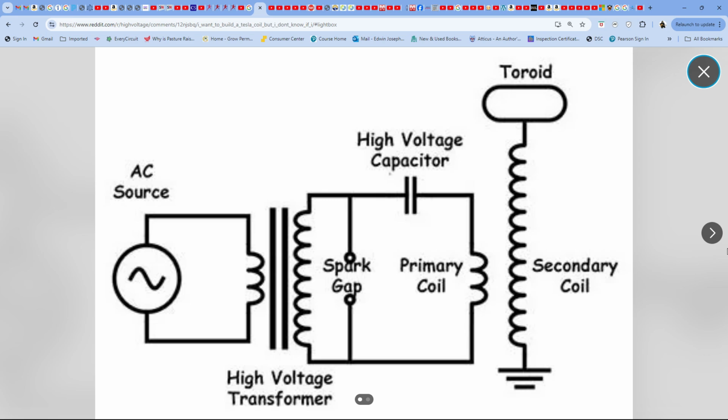Okay, so this is just a rough schematic. It's basically just a diagram of a general Tesla coil. It doesn't have any values on any of the components, and part of the reason for that is a Tesla coil is kind of more like an experiment. It's not that technical of a device. It's there to prove basically Tesla's theory on air core transformers, which is what this is. So if we look here,